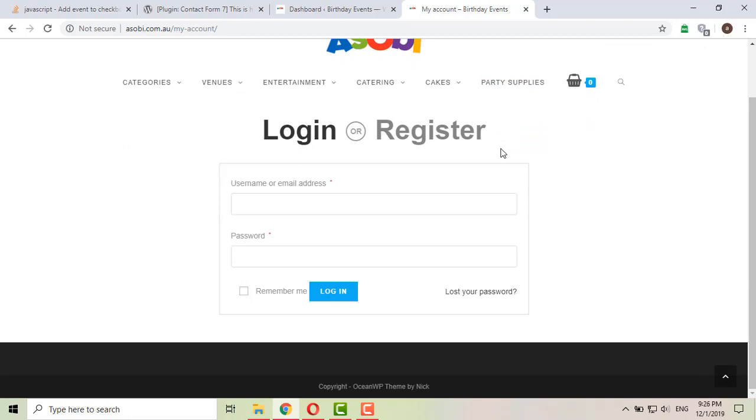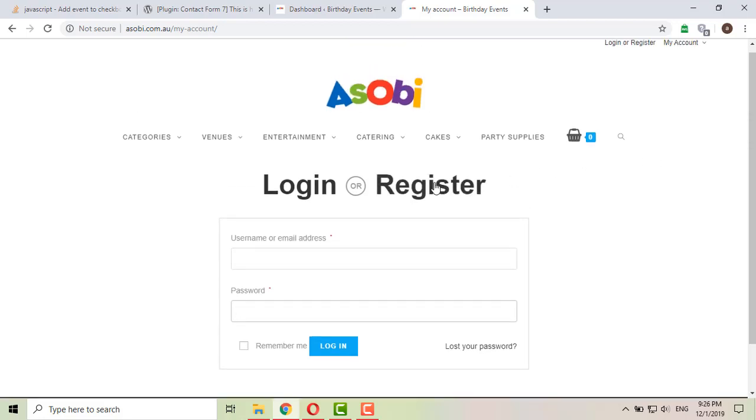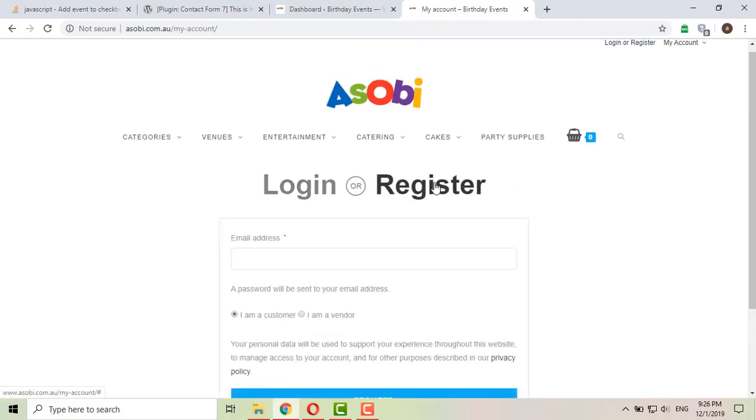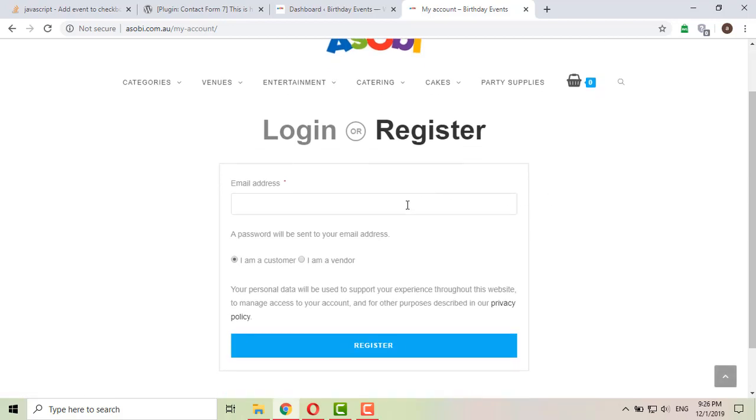If anyone has already registered, he will put his username and password here, but if he is new, he will click on this register button. Then he will type his email address. Let's say I enter my email address and go to "I am a vendor."